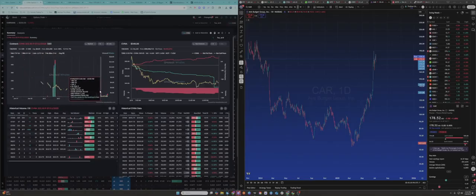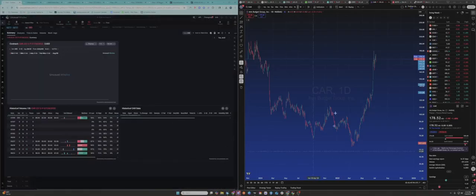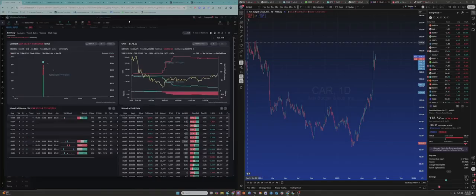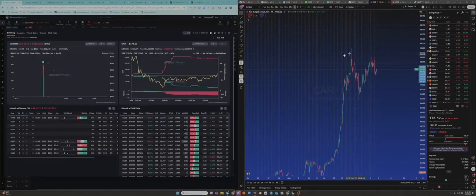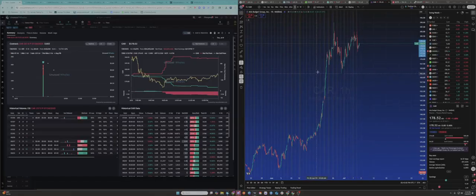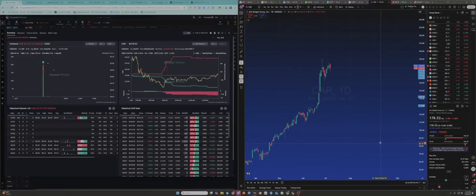423 each is what they paid. And these are down to now 60 cents. And so those I will be looking for a move towards that strike, and we'll see if that plays out. But this is good confluence here. These next week puts on CAR, even though they're fairly small, we can see on CAR here that flagging up here at the highs. There's a clear trend here going on, and if trend is lost, that means that we'll get a nice move down low, and there is a gap to fill here.